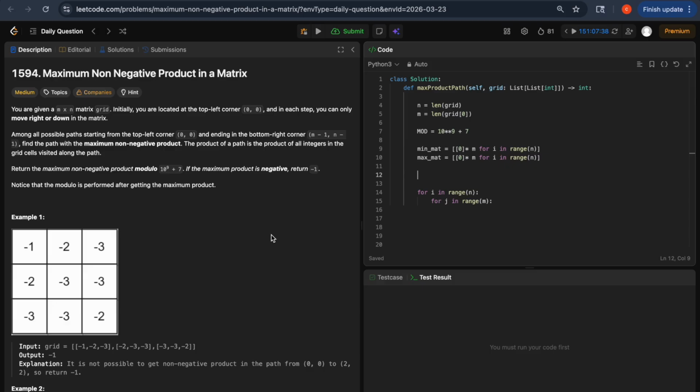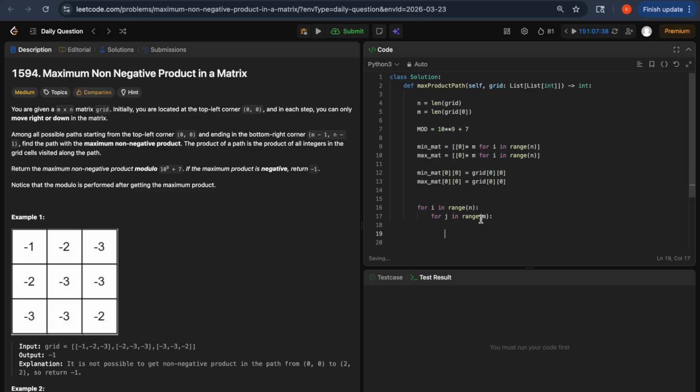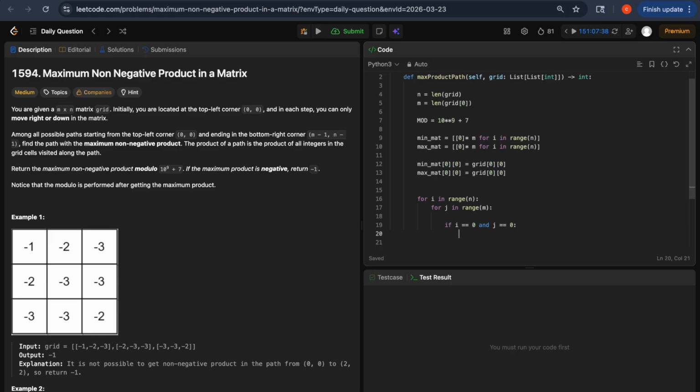So in that case, min mat of 0 0 is equal to grid of 0 0. So this same applies for maximum as well. So now that this is done, we have to skip the 0 0 part. So in that case, if i is equal to 0 and j is also equal to 0, in that case you have to skip this. So continue,